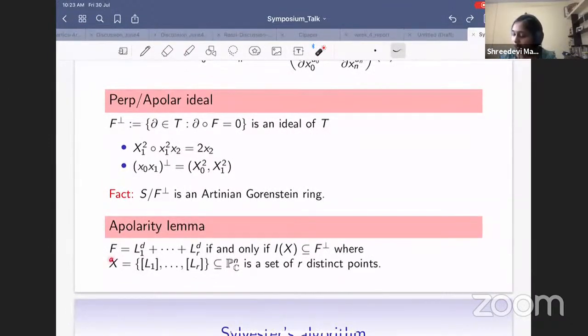It says that if I have a form f of degree d, and suppose it is expressed as the sum of r d-th powers of linear forms, if and only if f_perp, the perp ideal of f, contains the ideal of r distinct points. So this r is nothing but the r coming from the summands. So f can be expressed as the sum of r d-th powers of linear forms if and only if the perp ideal contains the ideal of r distinct points, which I'm calling X, and these points are in the projective space